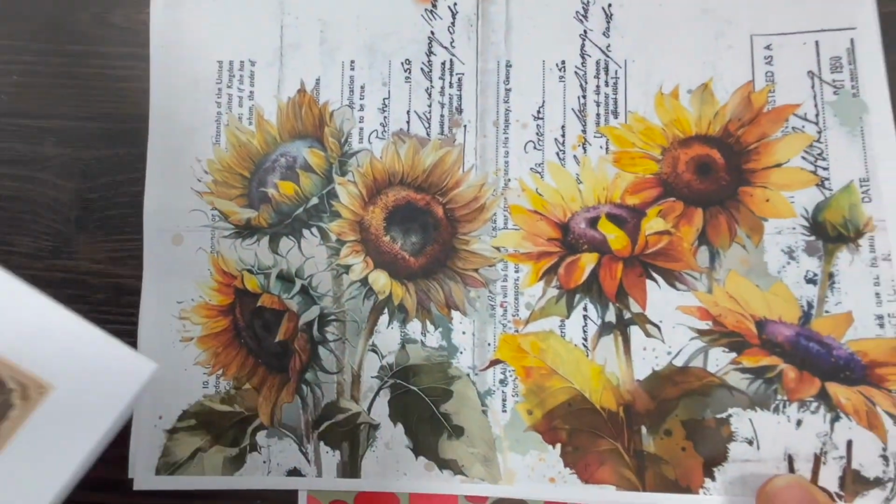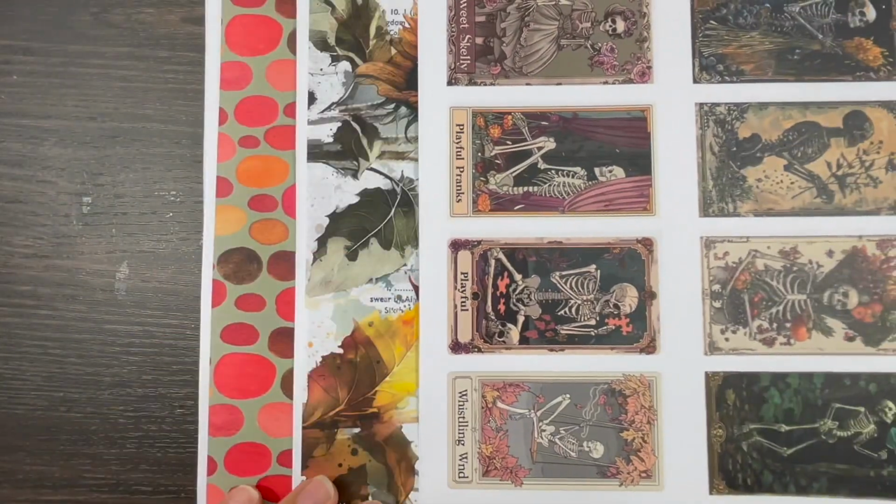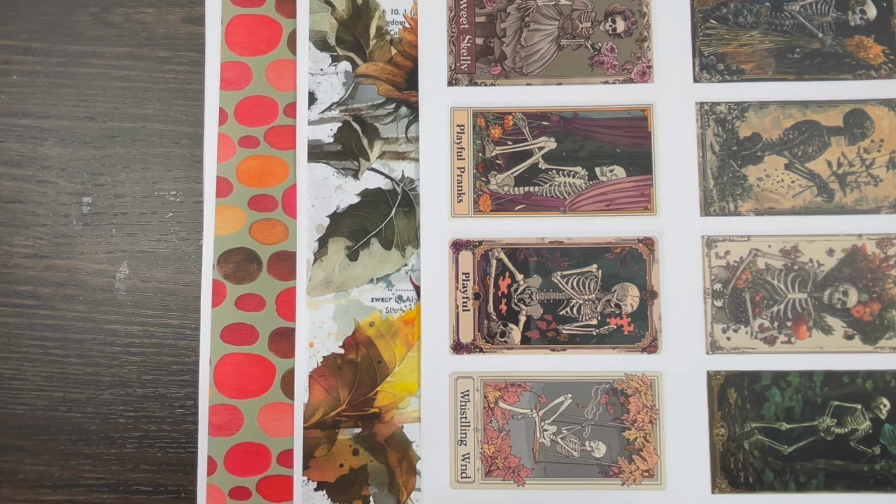So that's the 3 paper packs. Let me put it here so you guys can see. So you got Poppy Parade, And Other Stories, Halloween Tarots, and then as a gift from me, as a little extra treat, my VIP